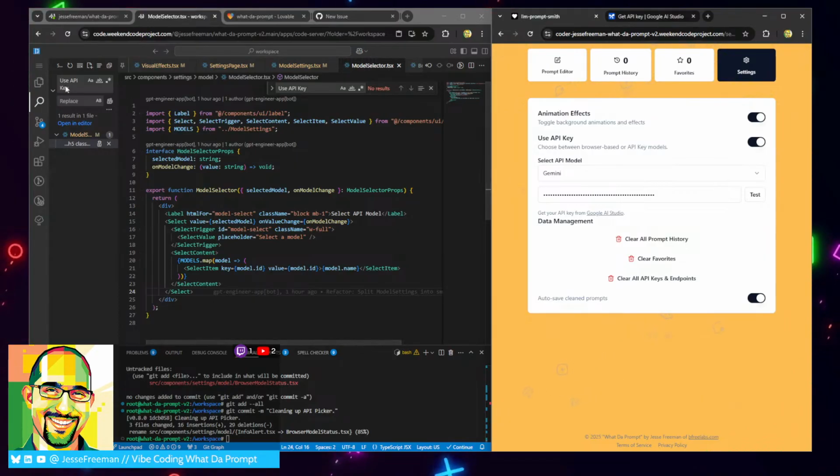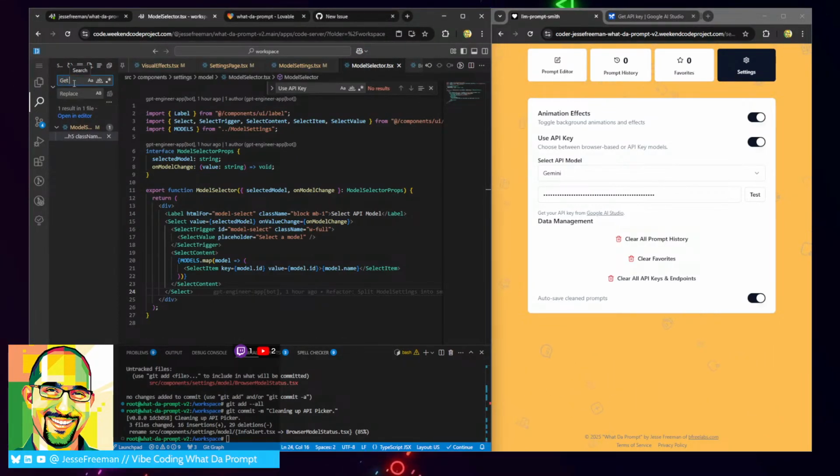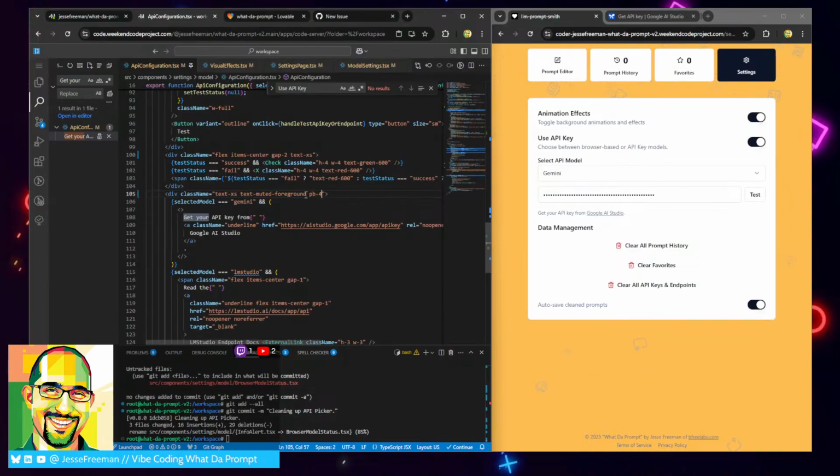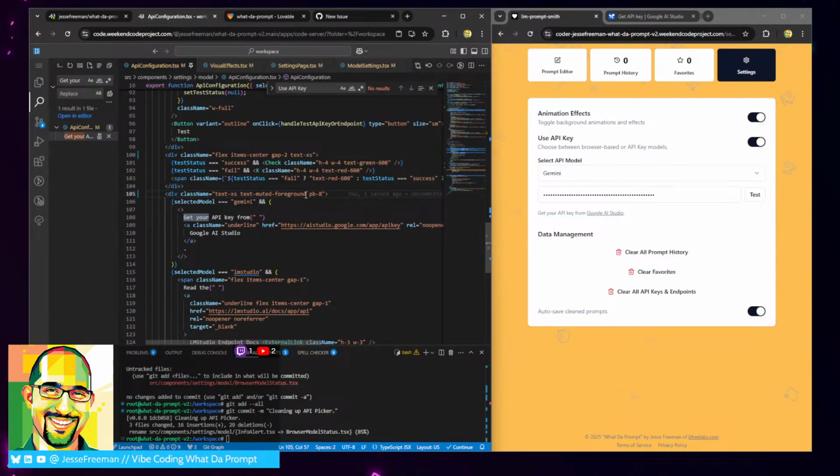Where is the get your API key? Get your API key. PB4. We'll make this 8 to give it a little bit more space between that and the, well,